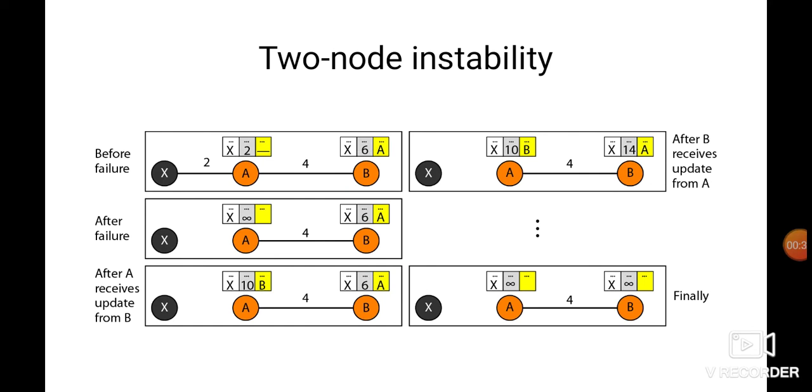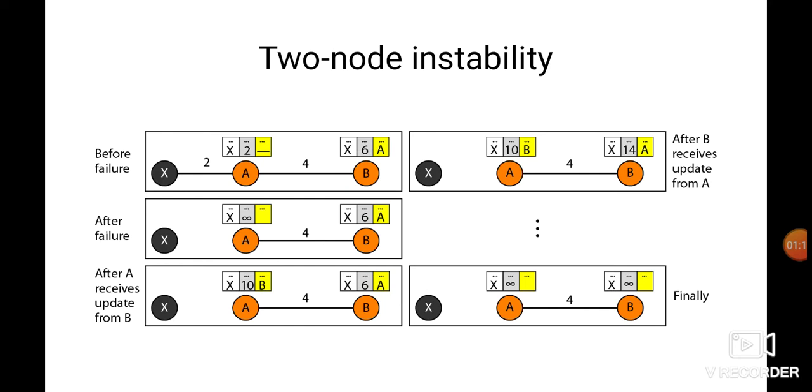So see, one problem in the distance vector algorithm is two node instability. This is a problem in which, for some amount of time when we are transmitting the routing table, the network goes to an unstable state. That means there is only a transmission of wrong messages or wrong paths or wrong distances in between the time. So that is the instability problem in distance vector routing.